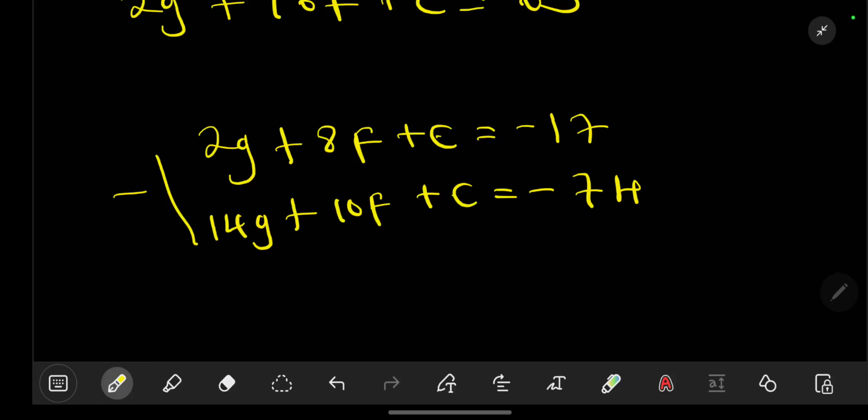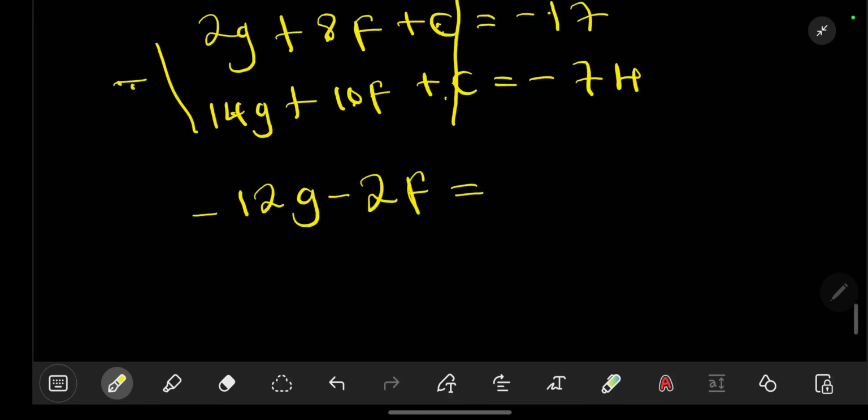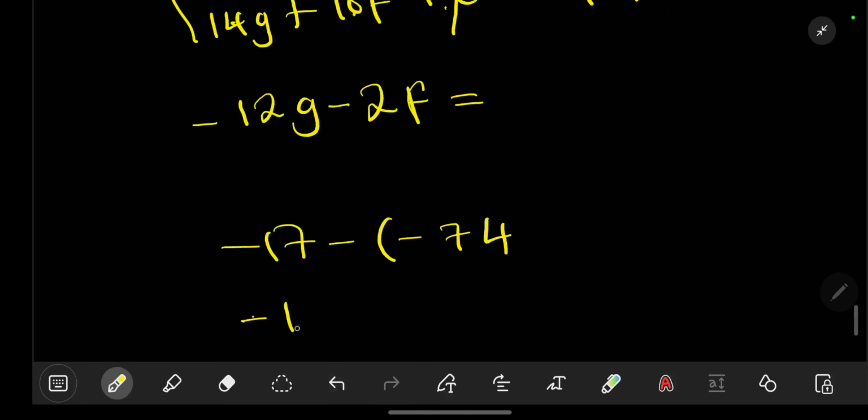So when we introduce our negative, we are going to have 2 minus 14. It will be negative 12g. 8 minus 10, the answer will be negative 2f. C minus c, this and this will cancel. It's more like c minus c is 0. Should be equal to negative 17. So here what we have is negative 17 minus negative 74. So this is going to be negative 17 plus 74. So if we add those two values, we are going to get